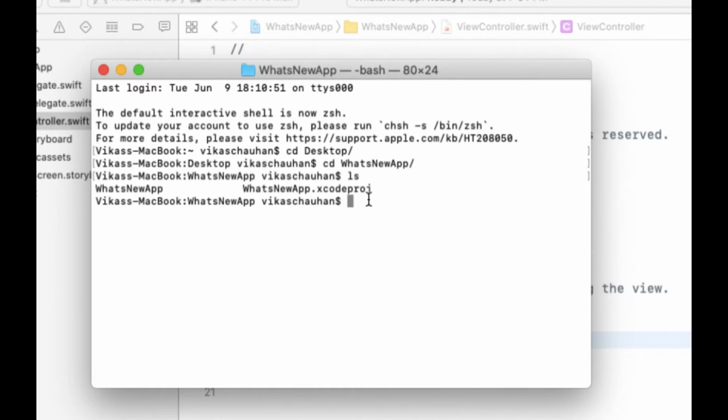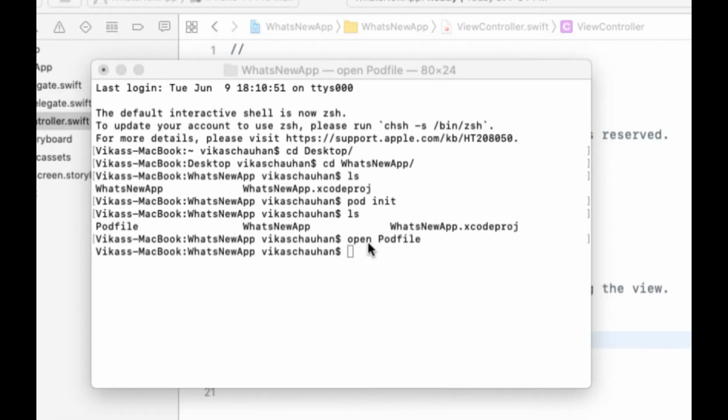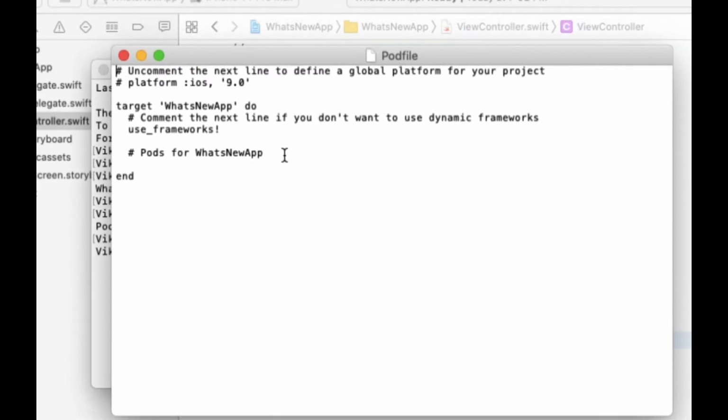Let's create it with pod init. Now the Podfile is being created. Now you can see the Podfile is created. Let's open this Podfile. Now the Podfile is open.